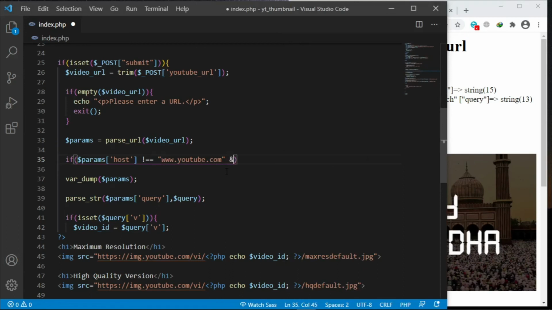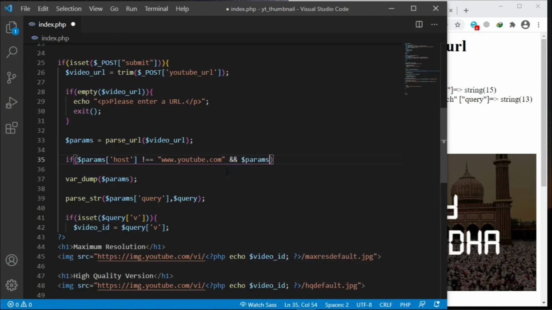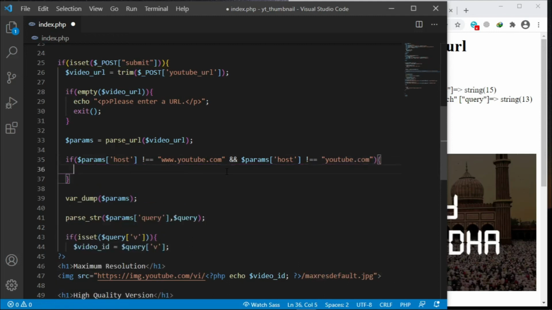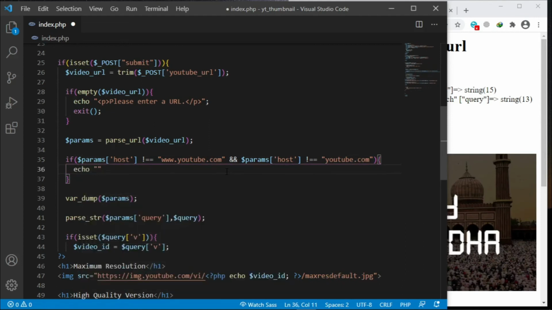Then we say and params, still the host component, if it's not equal to youtube.com, then we shall echo to the user and tell the user,